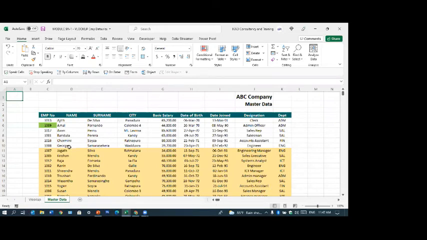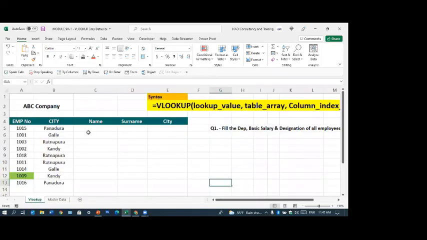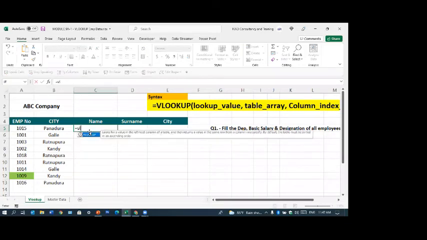If you want to get adjoining ones, we can use this column feature in your VLOOKUP. Whether you follow it or not, I'm just going to show you, because it's interesting that you all are interested. I'm very happy because in most of the classes there are no questions, nothing. Very boring. But since you all are interested, sometimes I get into certain things which are not necessary, but it's useful anyway.